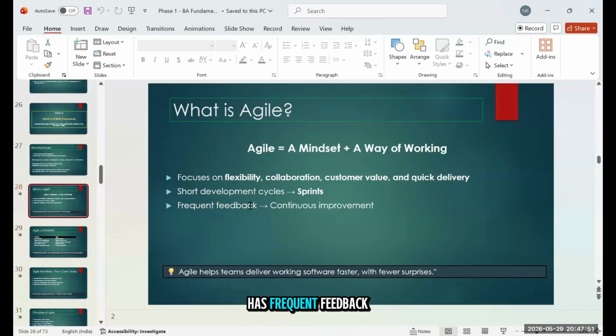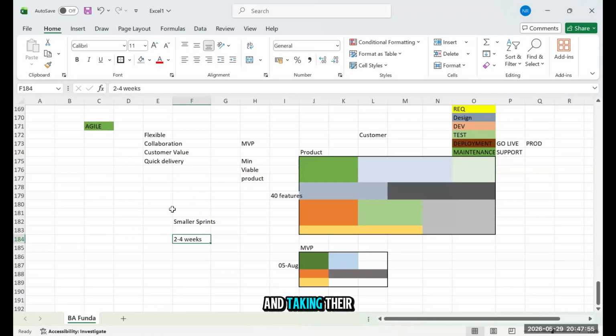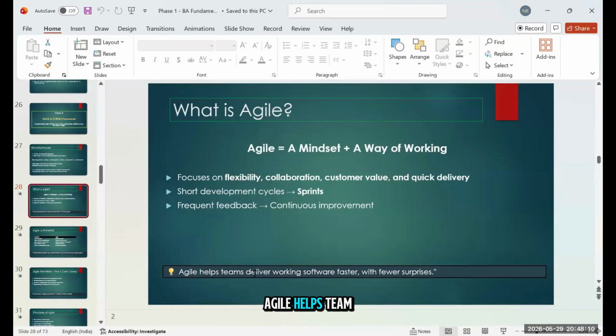It has frequent feedback. So you are continuously in touch with your customer and taking their inputs, so that if any changes are coming, you are welcoming those changes and you are incorporating them. So that is the benefit of Agile. Agile helps team deliver working software faster with fewer surprises. Surprises means